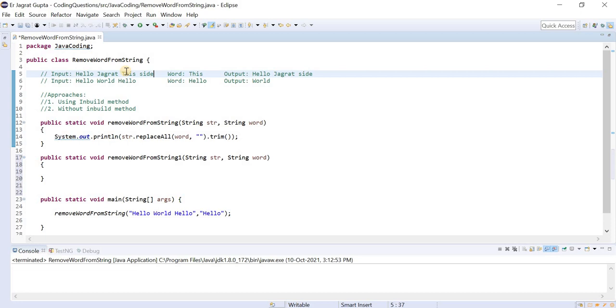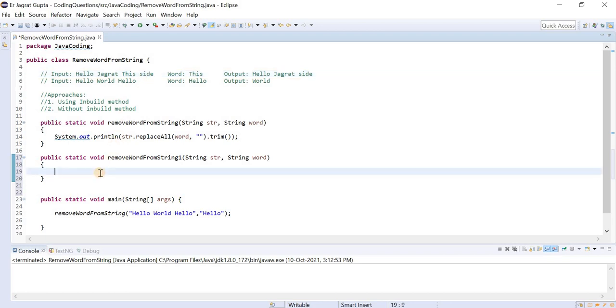So we will skip that word, and the rest of the string we will store in a string variable that we used in our code. Step by step we are showing you how we can achieve this.